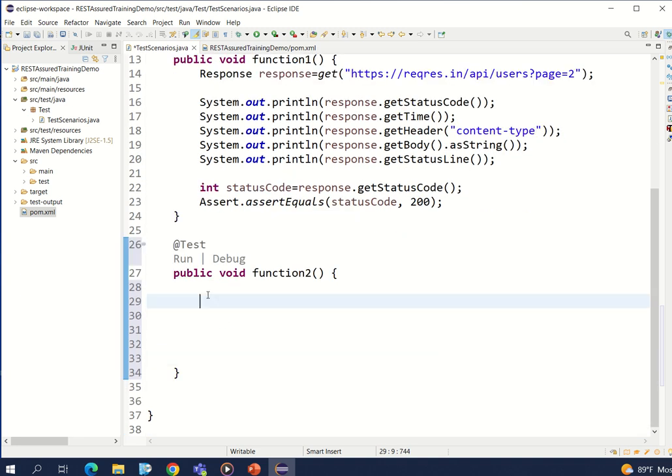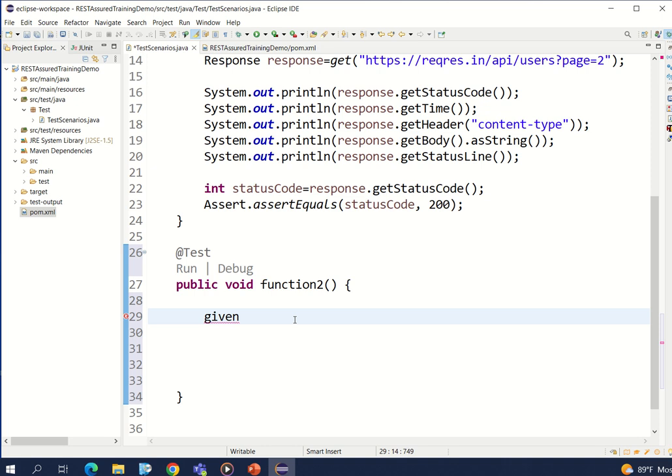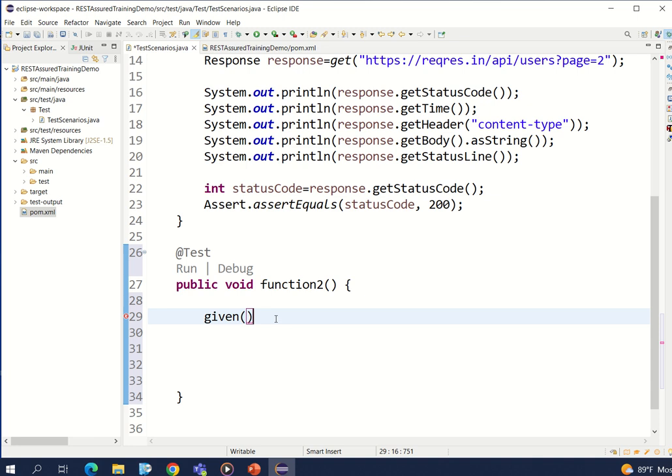So in here, let me start it with given, right? Then I'm using the auto suggestions and you have to select this one. Control space bar. If you do not see the suggestions, you can press control and space bar on your keyboard, right? So I'm going to move forward with this first option, which is request specification. So let me select it and then